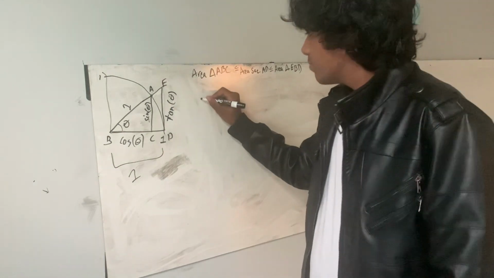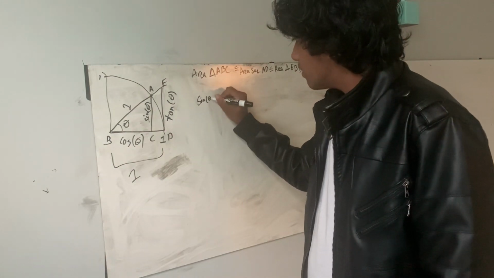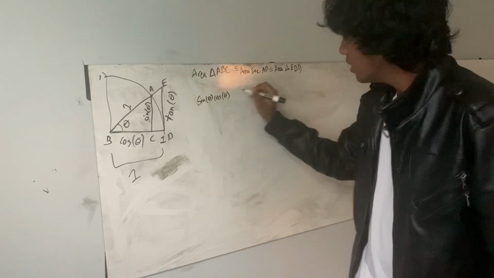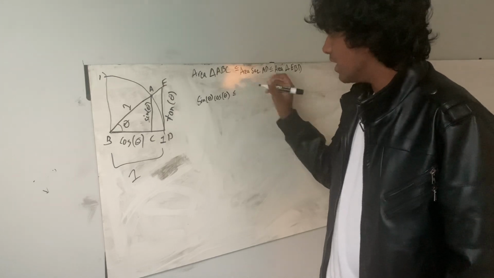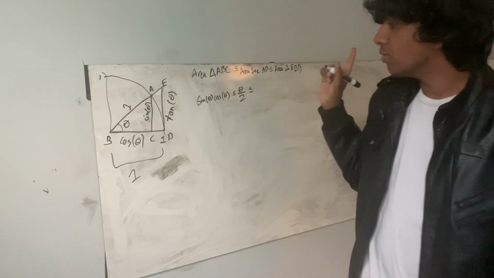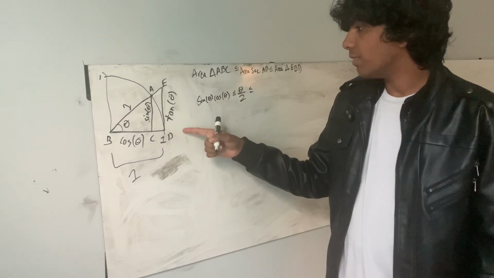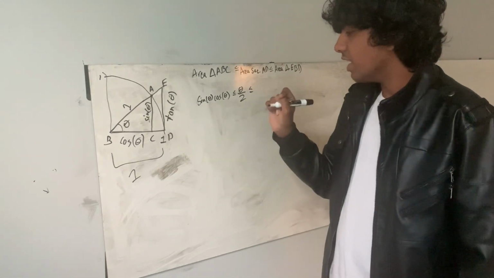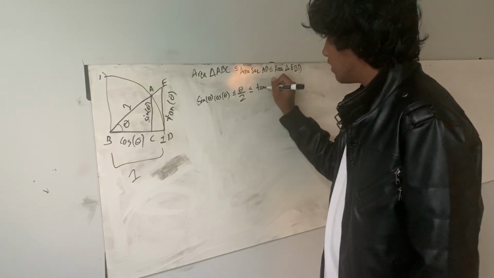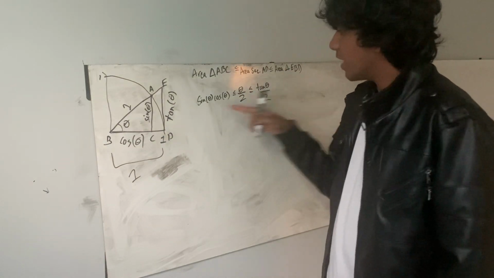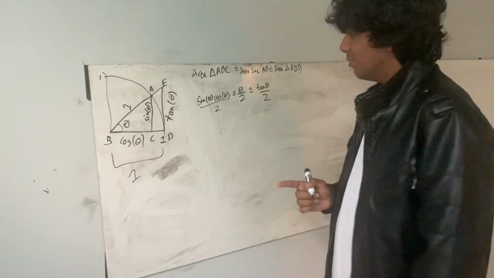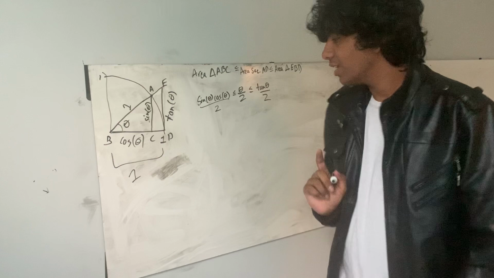So let's write this down. So we have sine of theta, cosine of theta is smaller than or equal to theta over 2, like we just discussed. Smaller than or equal to 1/2 tangent theta, but this side is also 1, so it's just tan theta over 2. I also realized I forgot about the 1/2 over here. I was testing you. I didn't forget. Anyways,